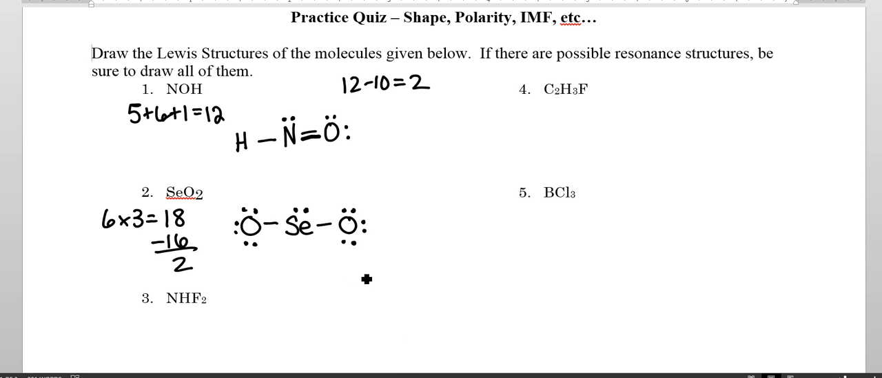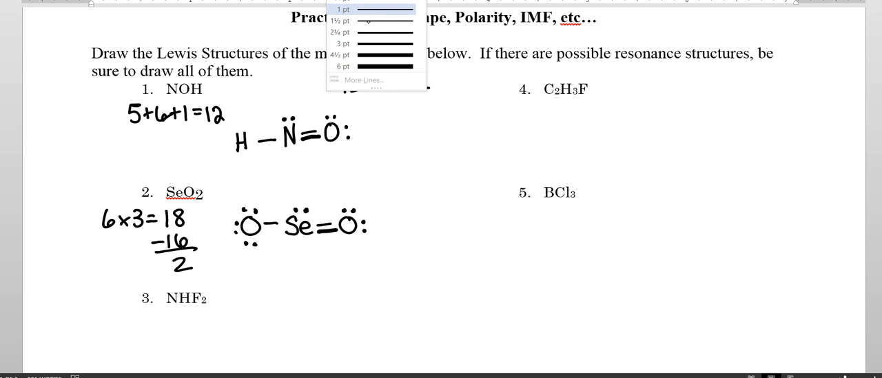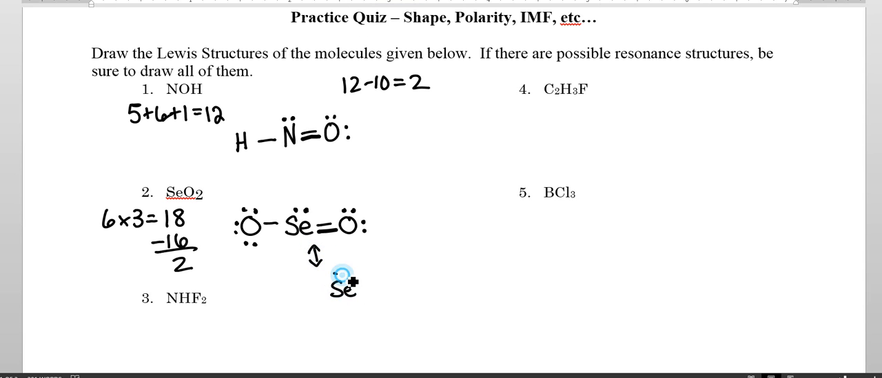So I need to put a double bond. But look, I actually have 2 places I could put a double bond, on the left and on the right. And they're both equally good places for a double bond. So that is the clue that this is actually a resonance structure. So I'm going to have to draw both possibilities. So I'm going to show the double bond on the right, and I'm also going to show the double bond